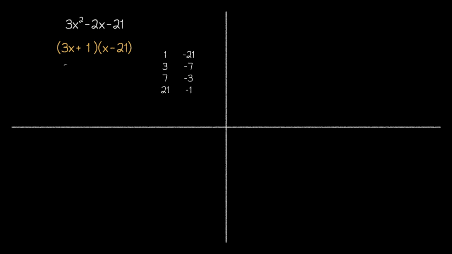As we begin that process, the number of options that we have to experiment with might feel a bit daunting. However, if we pay attention to some trends that are occurring, we should be able to move a bit faster. For example, when one of our factors has a constant term of -21, the result has a relatively large linear coefficient. And since our goal is to finish with a linear coefficient of -2, we can probably determine that using a 21 is out of the question. So let's save ourselves some time and skip this option for constants, since it also contains a 21.